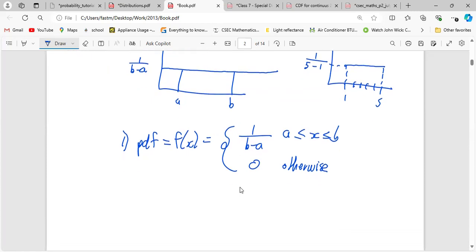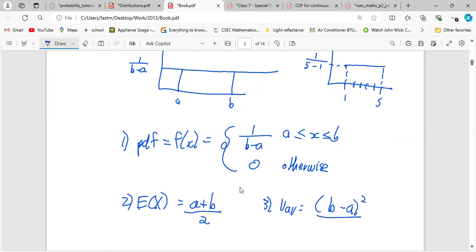All right, and then the second thing, the expectation is A plus B on 2, and then the variance is the ugly one, so it'd be B minus A squared all over 12. Right, so those are the two things you need for these. So you have the PDF,